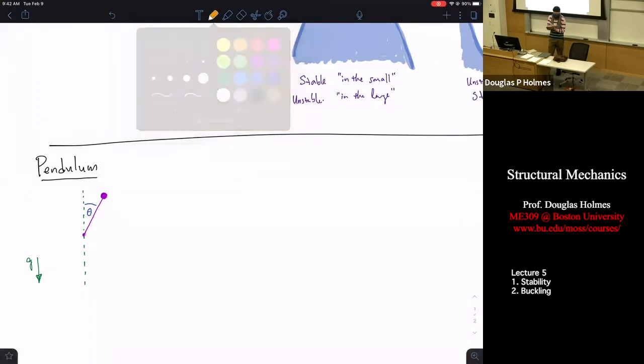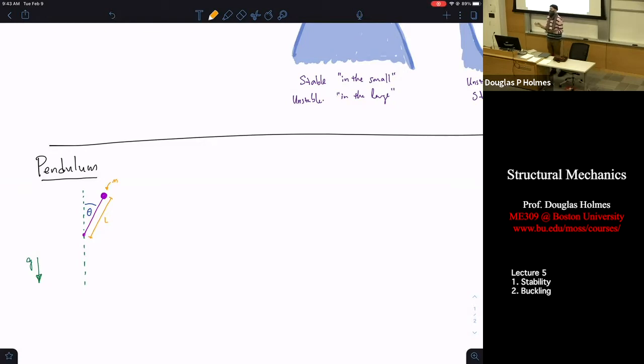We'll say that my pendulum has a fixed length L, and the ball, and we'll say that L is massless, and the only mass in the system is that ball at the end of my pendulum, and that has a mass of magnitude m. If L is fixed, L is just a rigid bar holding my pendulum,